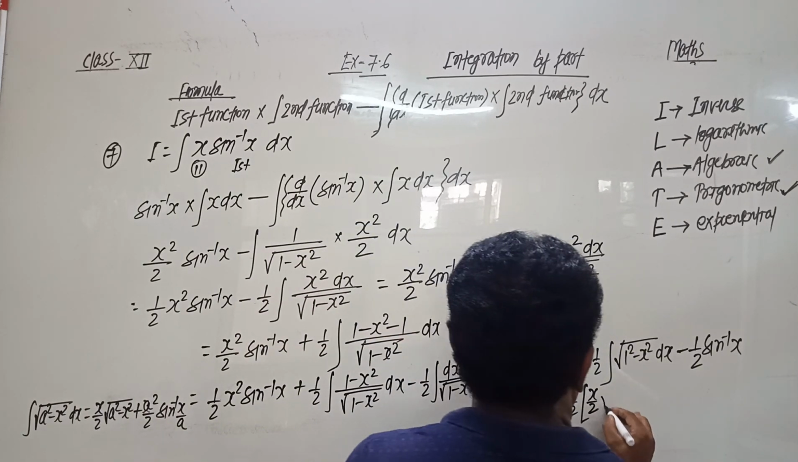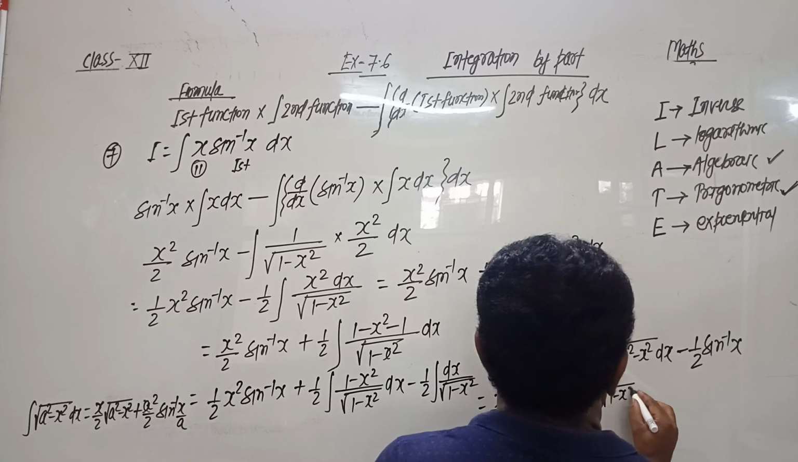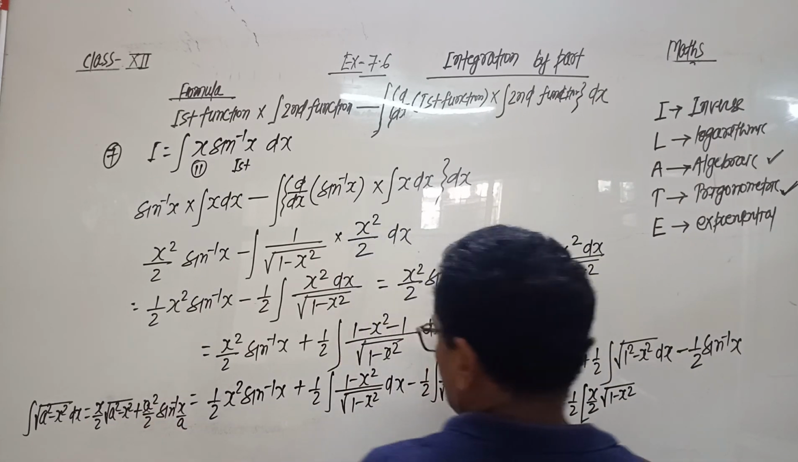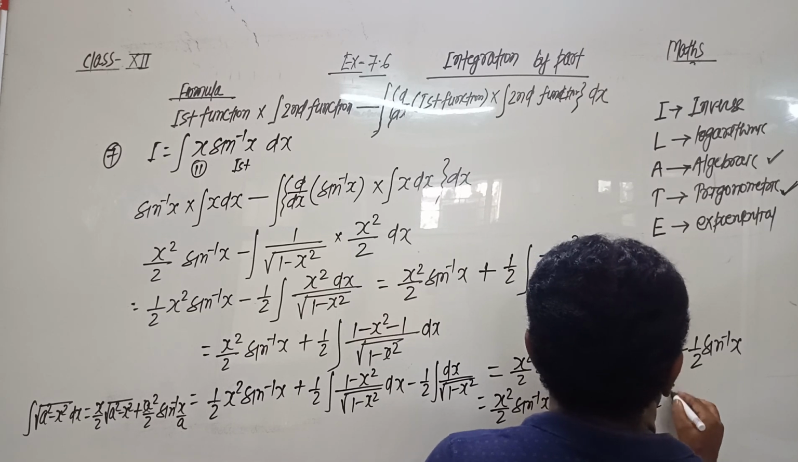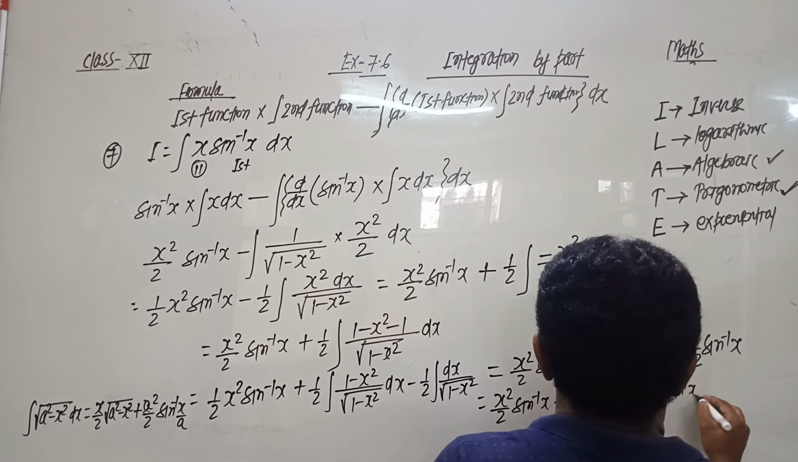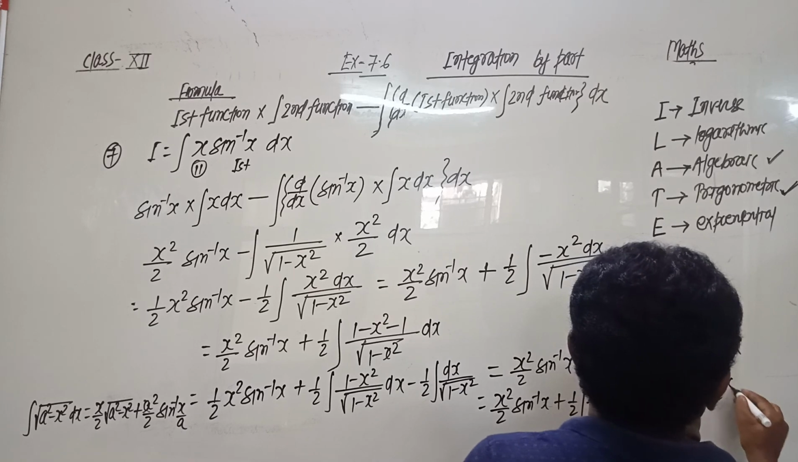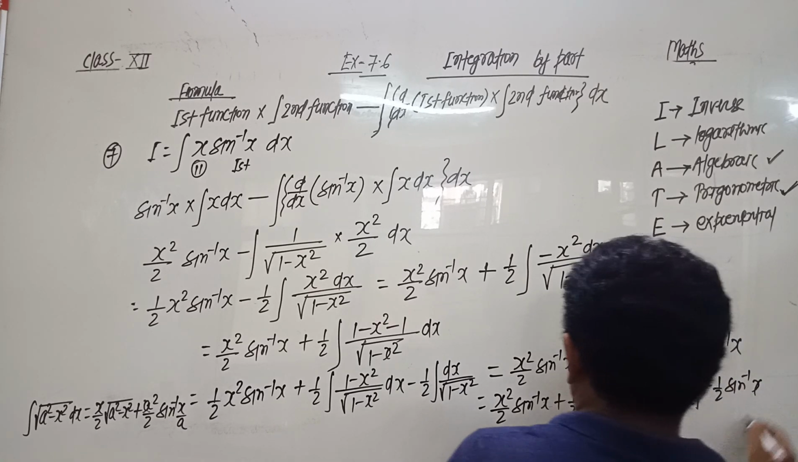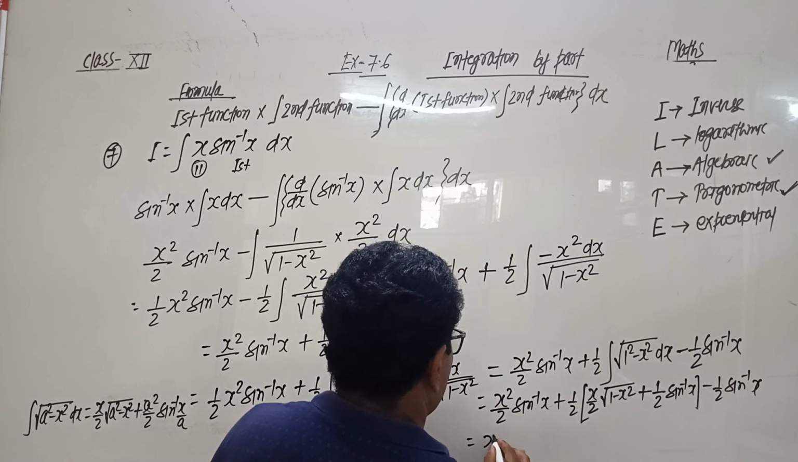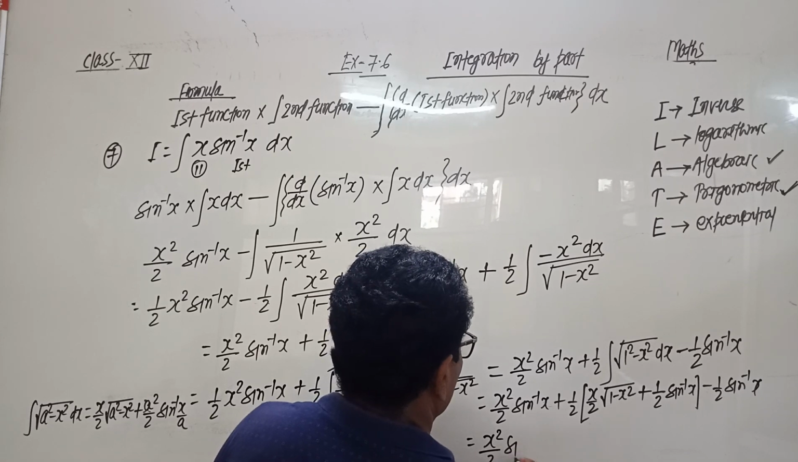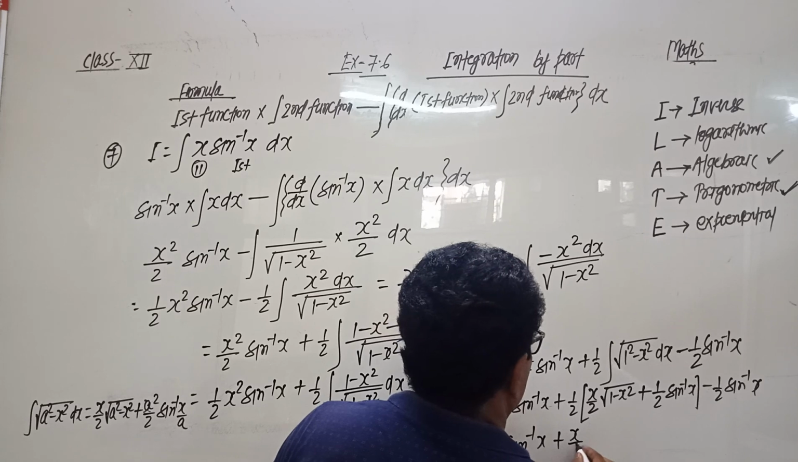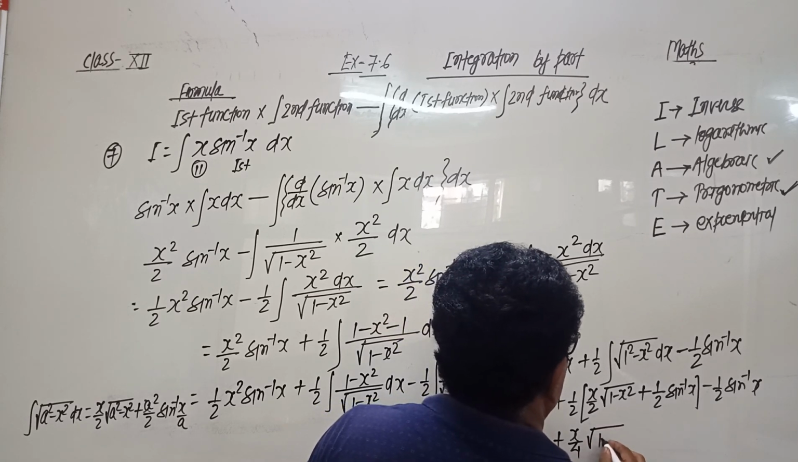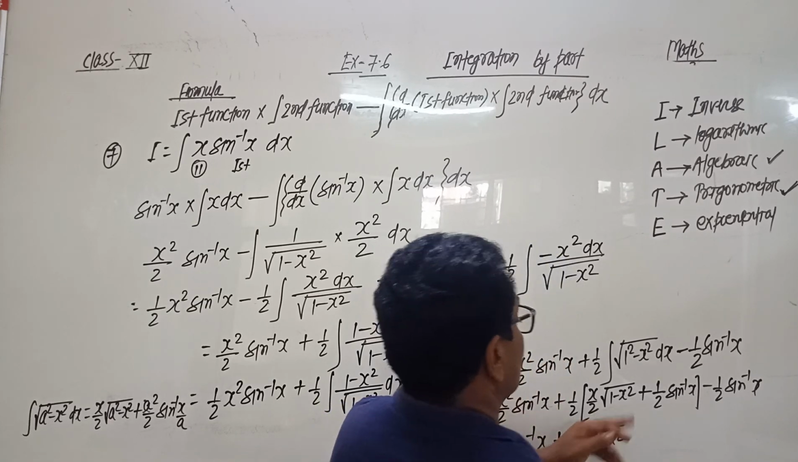2 under root of a square minus x square plus a square by 2, which means 1 by 2, and sine inverse x, and minus 1 by 2 sine inverse x. Then we remove the bracket. So x square by 2 sine inverse x plus x by 4 under root of 1 minus x square plus 1 by